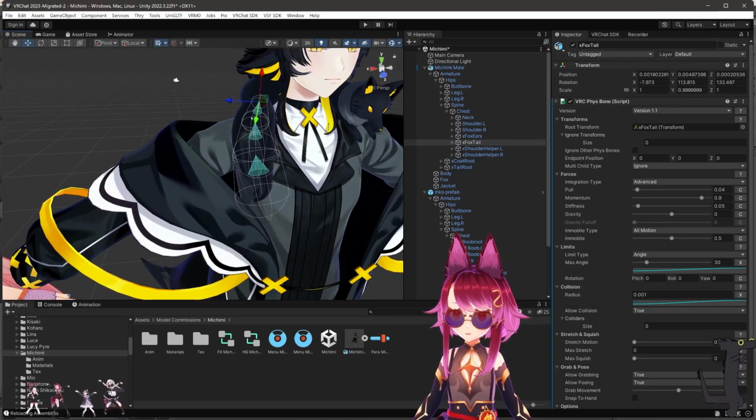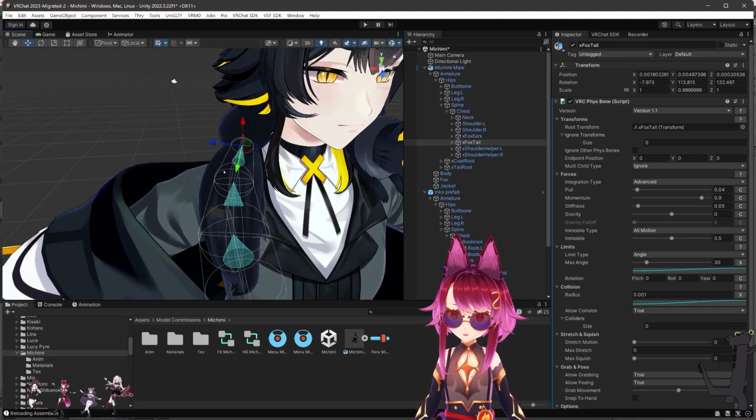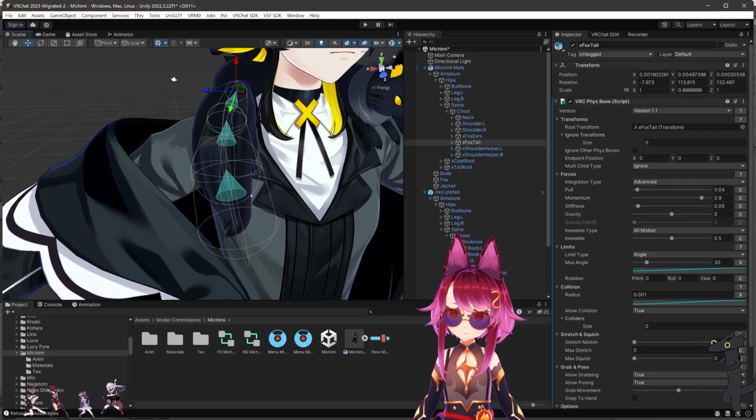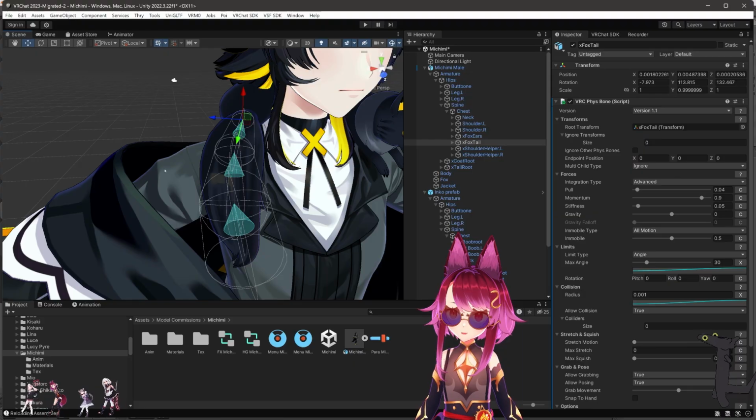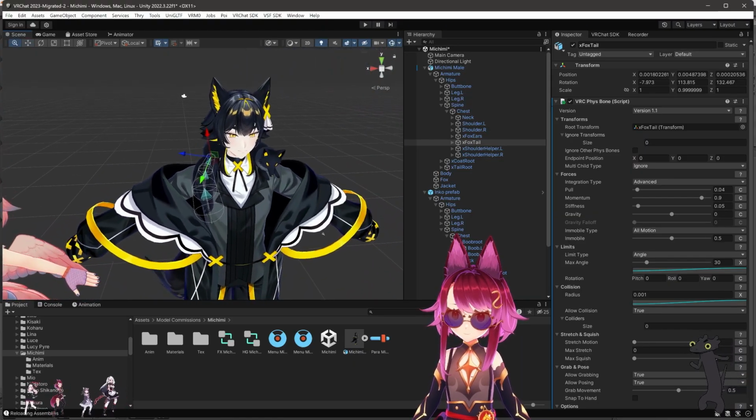So the first bone is gonna move only a little bit. Second bone is gonna have bigger range of movement, and the third bone is gonna have even more range of movement. So it's gonna create this more curvy sort of movement for the tail, which,